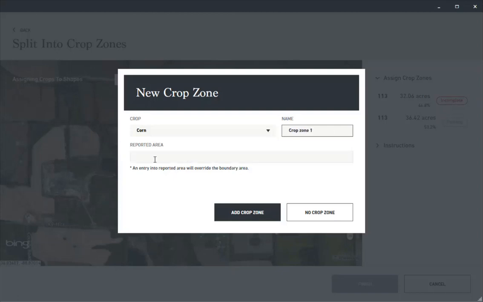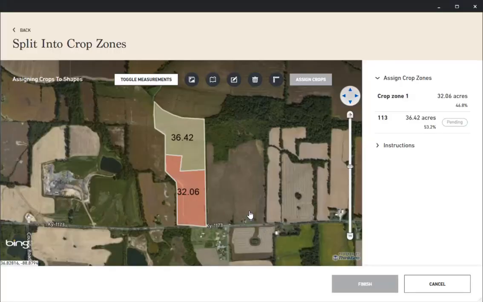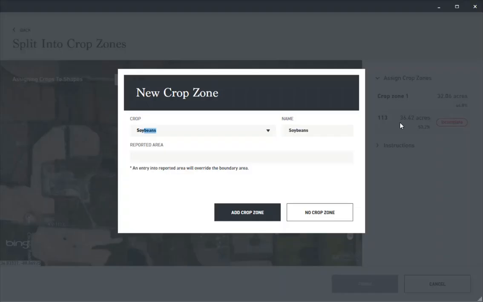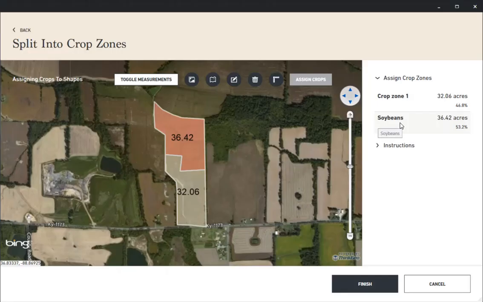If the area was a little off from the exact number of acres after splitting the field into crop zones, a user can enter the reported area that will override the boundary area to be more precise. When finished, click Add Crop Zone. Continue for each crop zone down the list. After all crop zones have crops assigned,